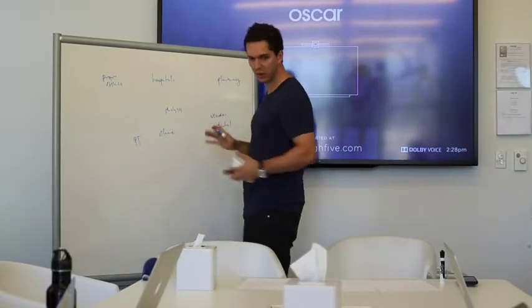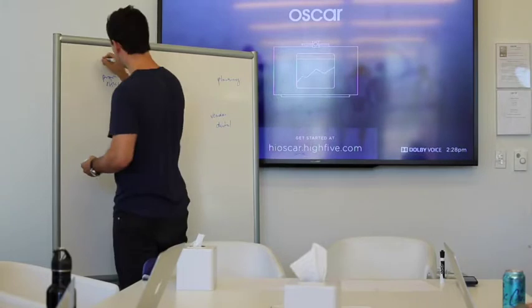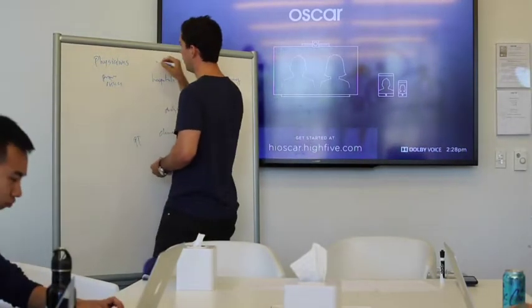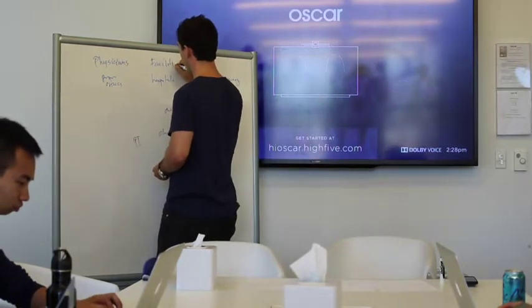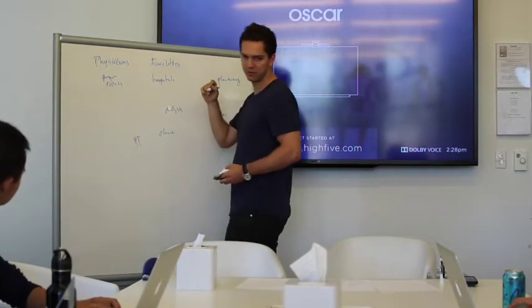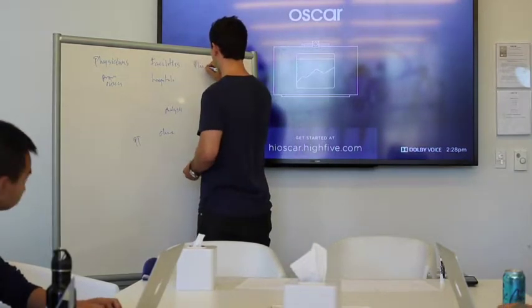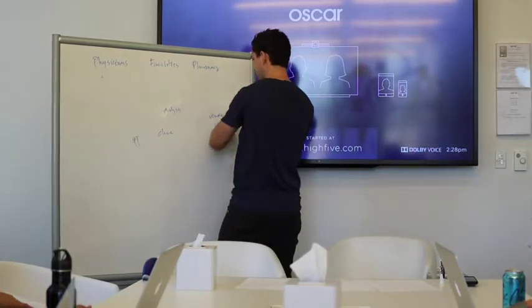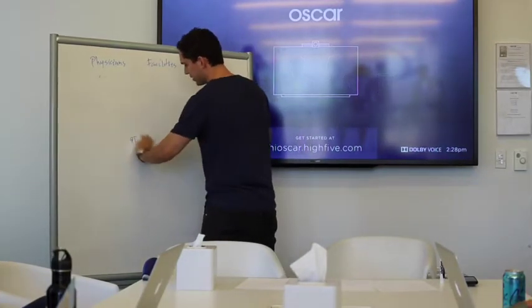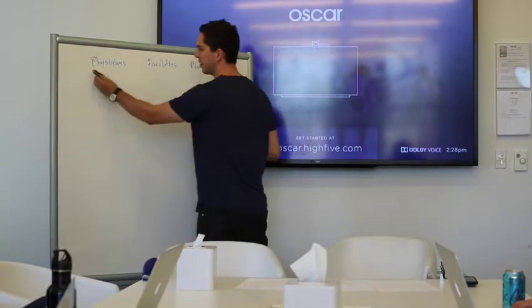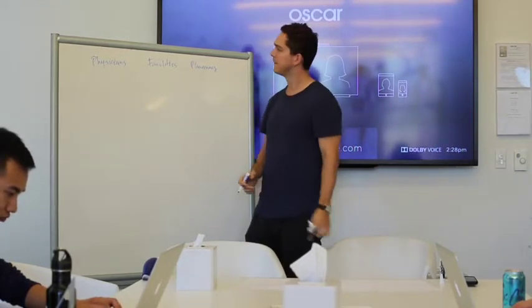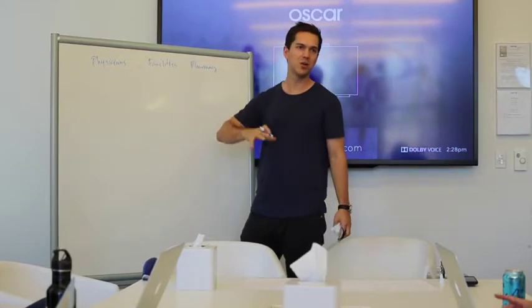So if we group these up, the way that we do them is that there's physicians, there are facilities, and pharmacy. I'm going to erase this for one second, and I'll get back to these. So the physicians are basically the doctors. You probably also put registered nurses in there, the people that do the stuff. The facilities is the place that you go to do the stuff.